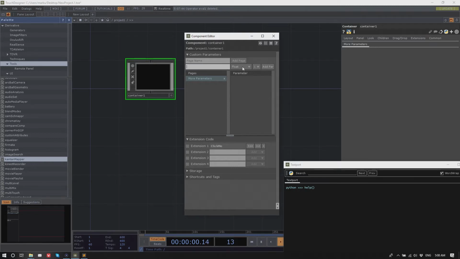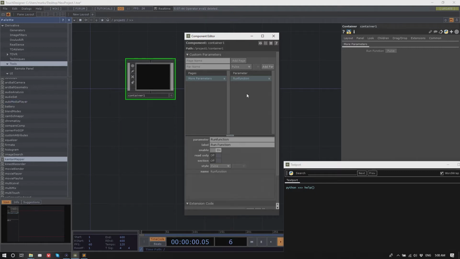And then here you can choose to build a pulse button, for example. And I'll call this run function. And I get my run function pulse button here.